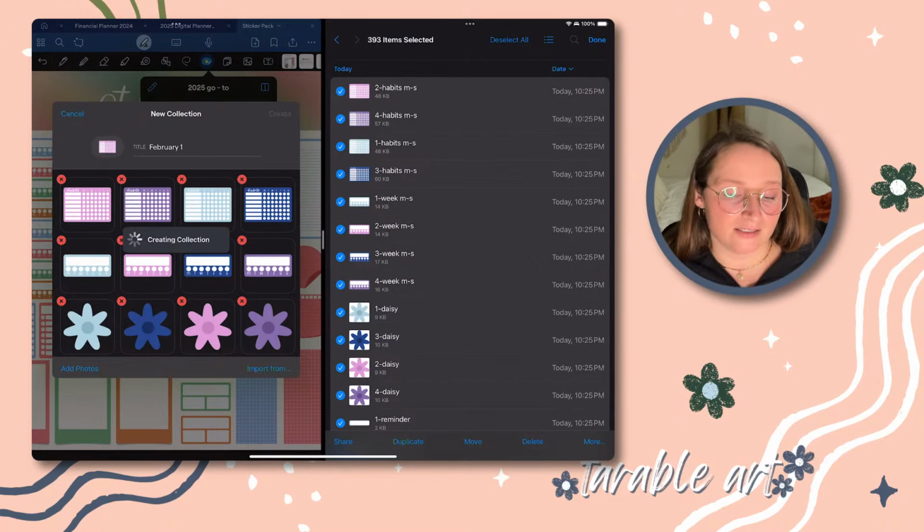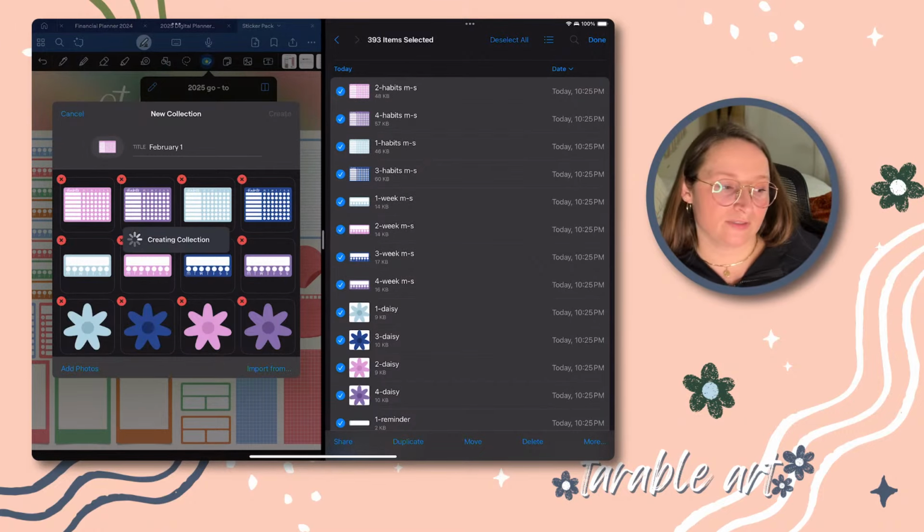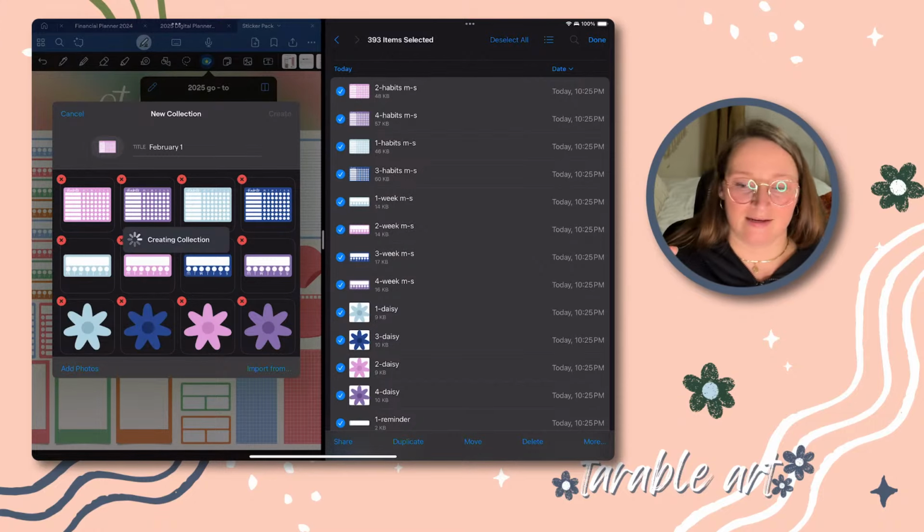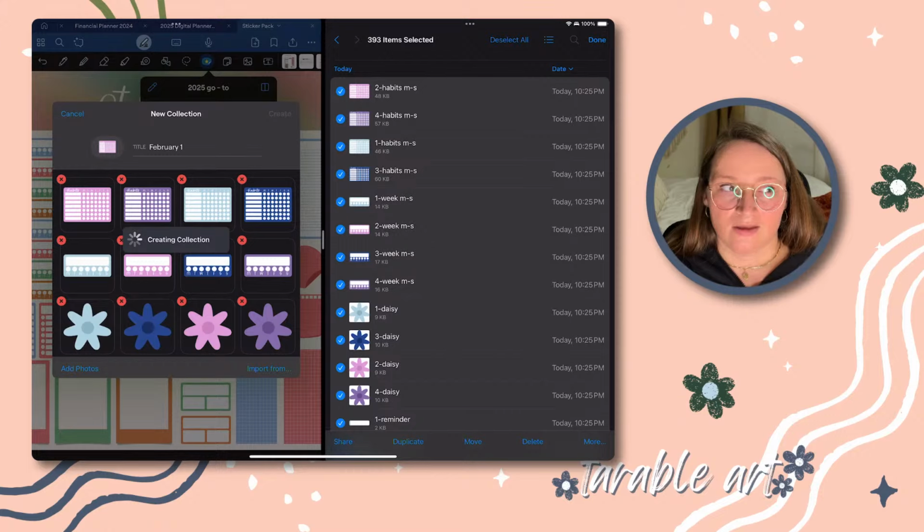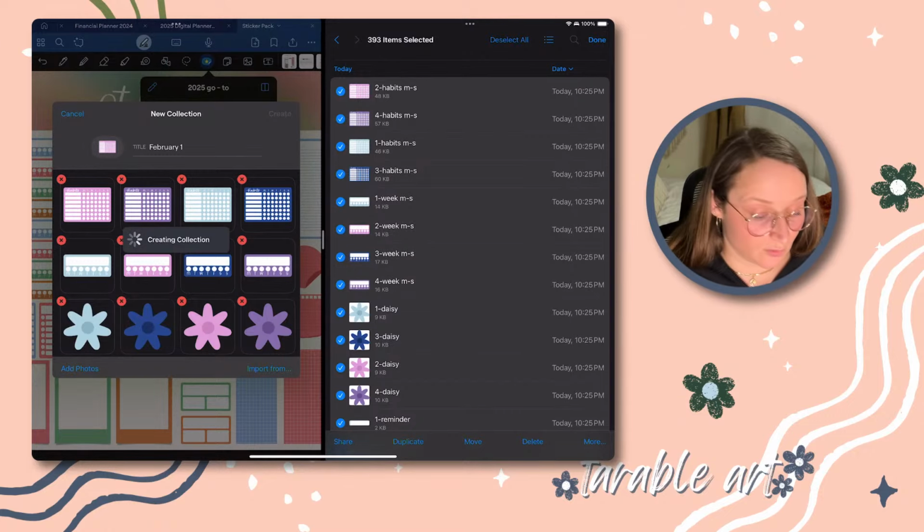I can do the date dots and the rainbows and the gradients and most of the ones on the page. Almost everything on the page will size together as one, and then I'll usually have like 5 or 6 that size differently. So I know that my Polaroids I have to size separately. I know that my grid paper I have to size separately. But basically almost all of them, you can size them all just as one, which is such a